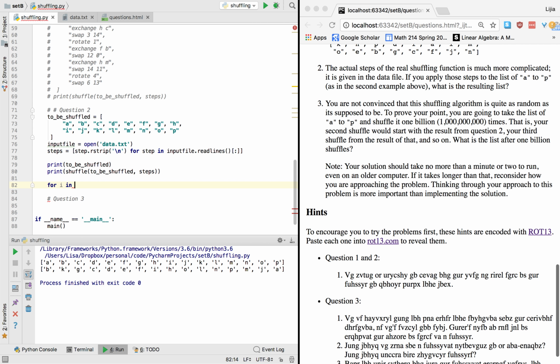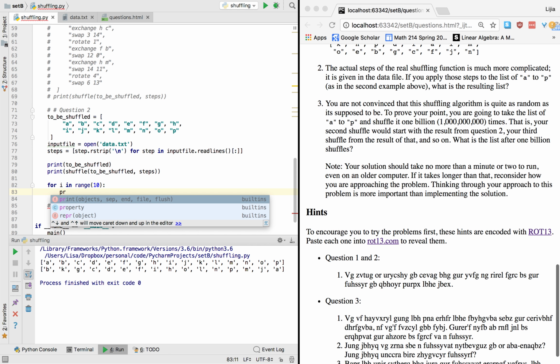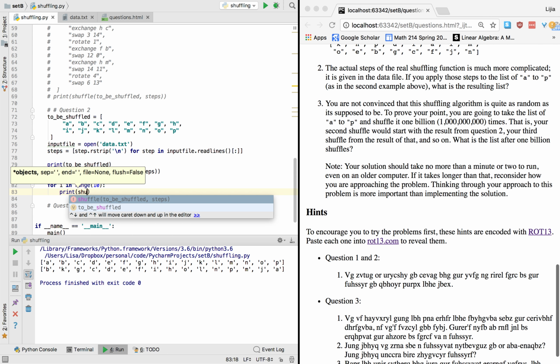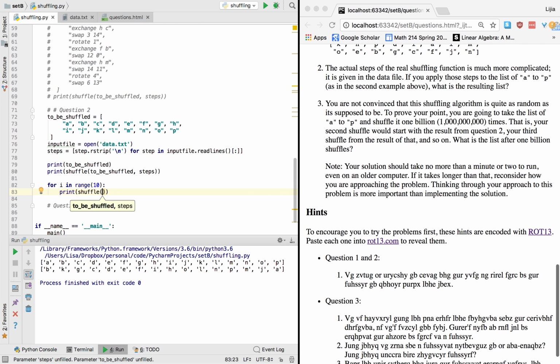I in range 5, well 10, let's do 10. And then let's print shuffle. Oh my god, list. Okay, this is not what I want. I want this list. Well, actually,